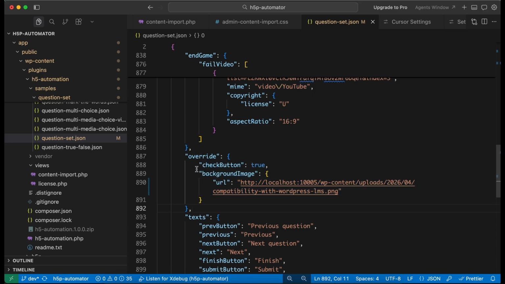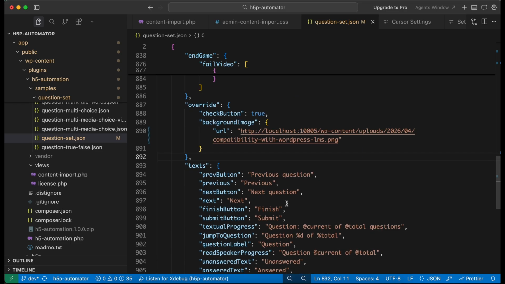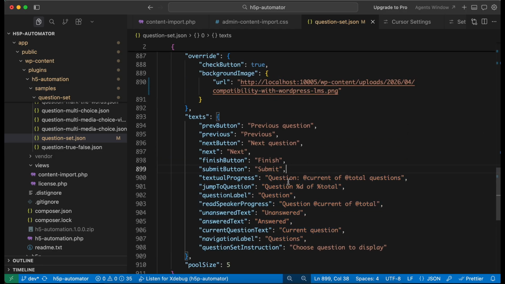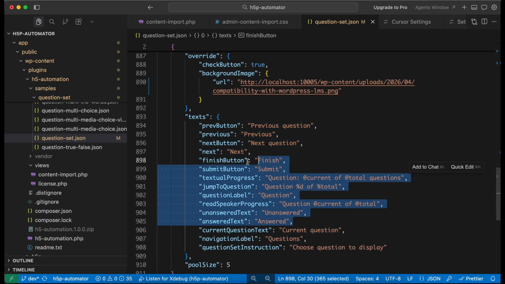Here you can also set the background image. The background image URL, you need to get from your website. You cannot put a third-party URL. And here you can see all the text, that if you want, you can just override, otherwise it